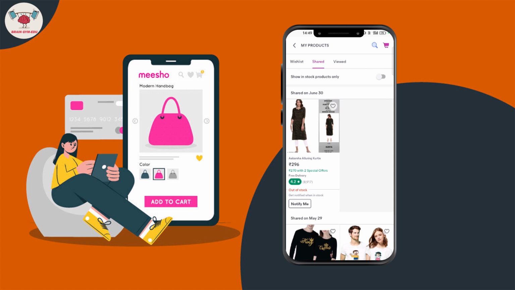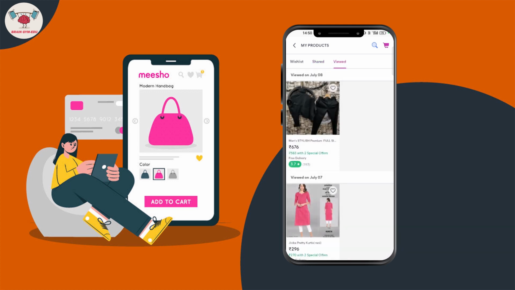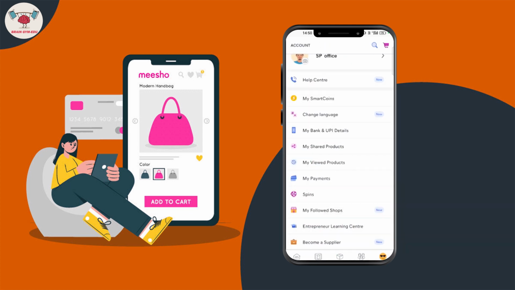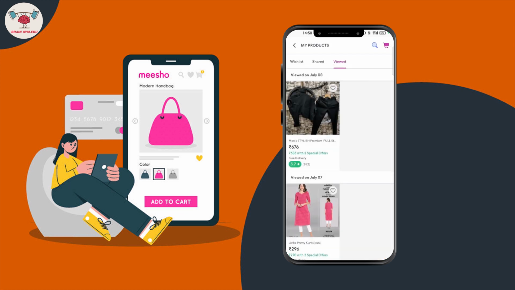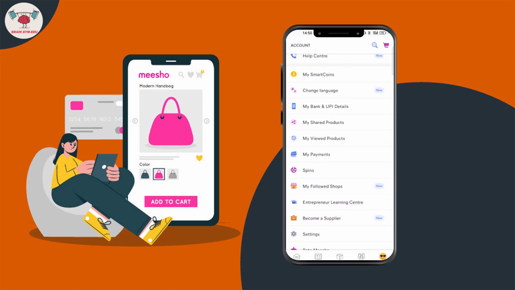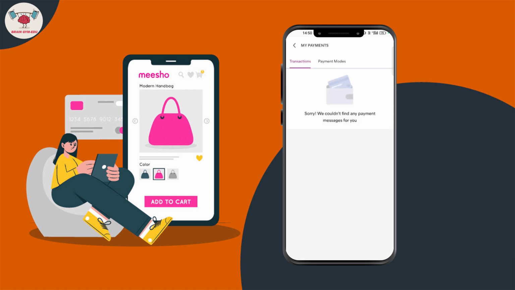And the shared products, and this is viewed like recent searches. My viewed products will also be the same as recent searches. Payments, transactions, payment modes,